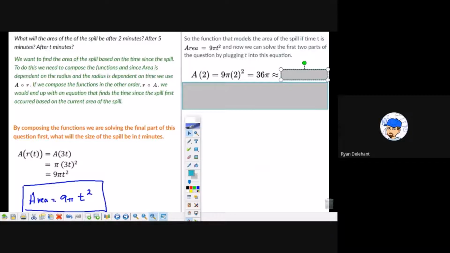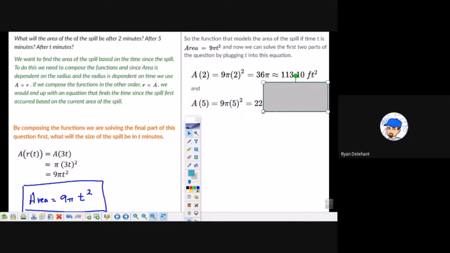It also lets me know, hey, I did this right. And I actually wrote the rounded value: 113.10 feet squared. We do the same thing for A of 5. 5 goes in. You end up with 225 there, because that's 25 times 9,